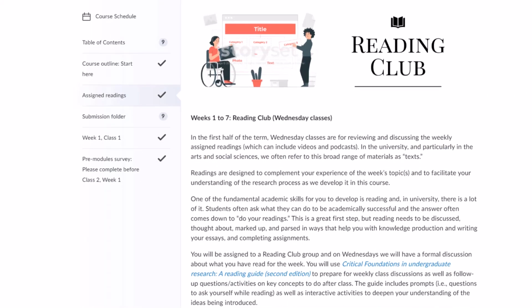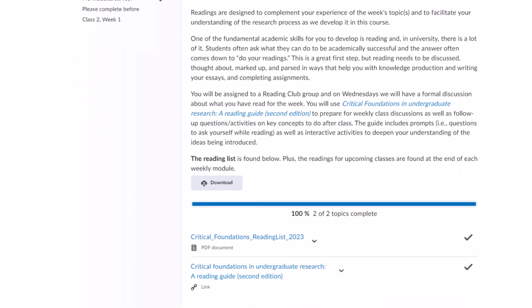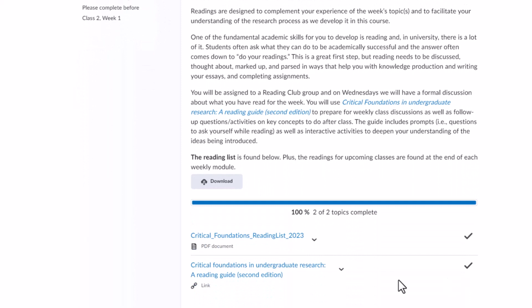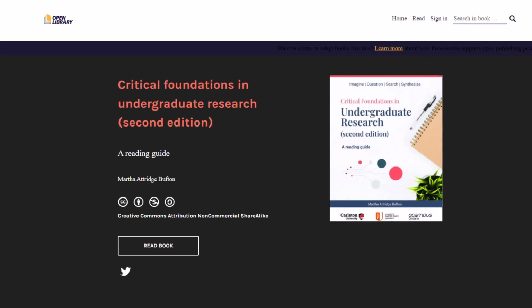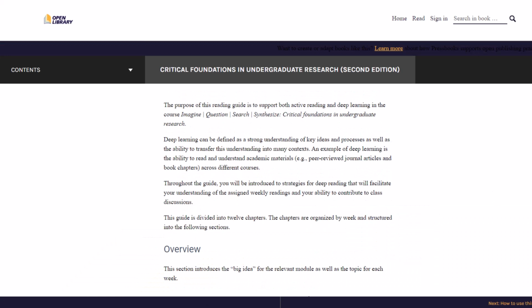When we scroll down the page, we will find the link to the guide. We will click on this link. Here on the cover page, we will click on Read Book. This opens the book. As we can see from this page, the purpose of this guide is to support active